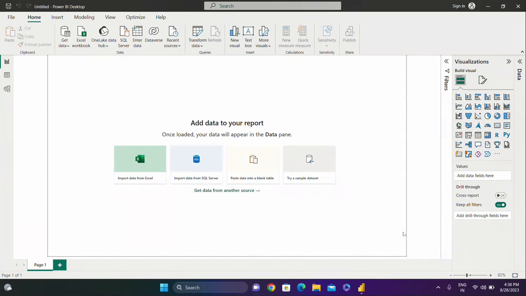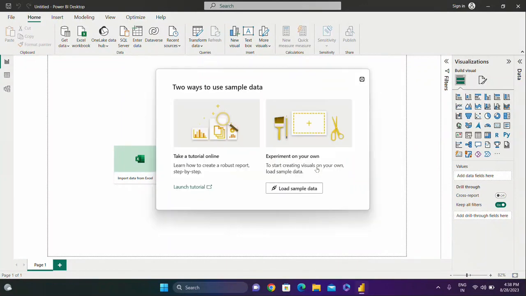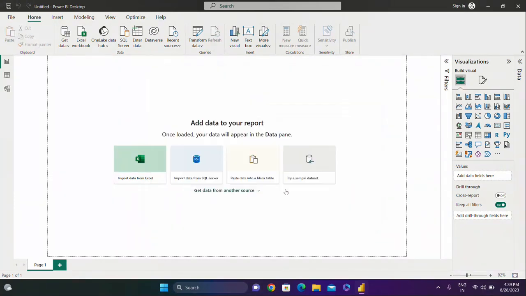For that, all we need to do is, here on the home screen, you can see there is an option of try a sample data set. We need to click on it, and then you can see that there are two ways to use the sample data. One is take a tutorial online, or second is experiment on your own. Here I will click on load sample data, and it will give me the data. So let's click on this option, load sample data,